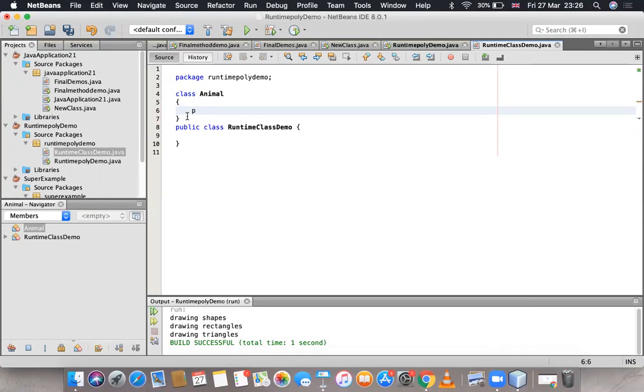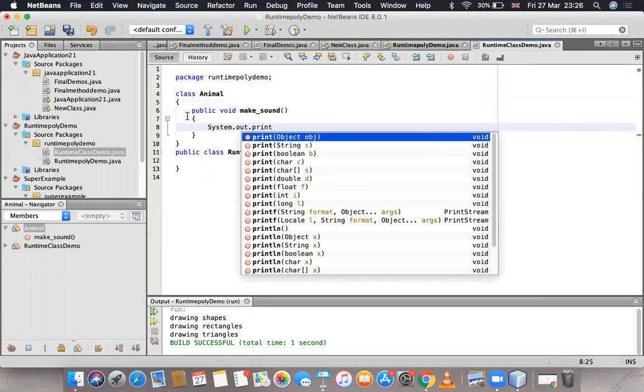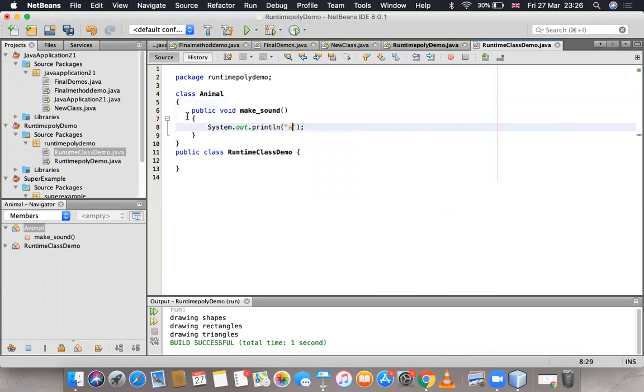and then I am writing public void make_sound. System.out.println, "Animals make sound."